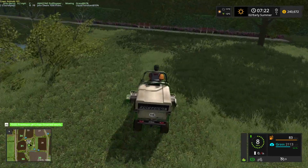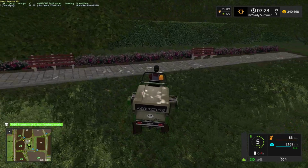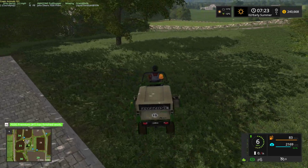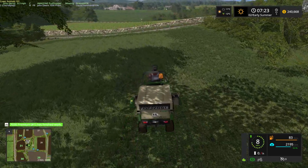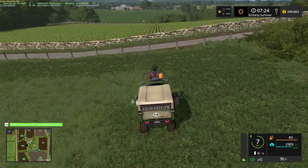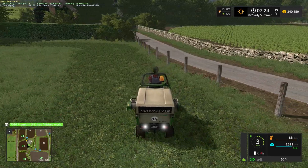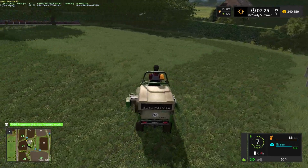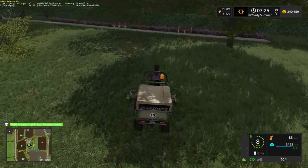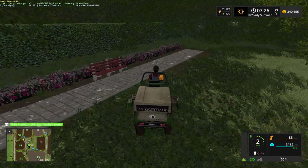While England is very much a sort of a wet region, as far as they enjoy their share of rain and such, anytime you have tall grass and such in the area around your barns and stuff like that, not only is it potentially a fire danger when it dries out, but also, you know, it's kind of a haven for critters of various kinds. Snakes and rats and other little vermin can hide in there and maybe cause some problems for you. And so we like to try to keep things